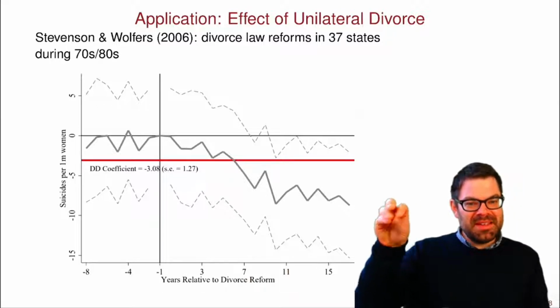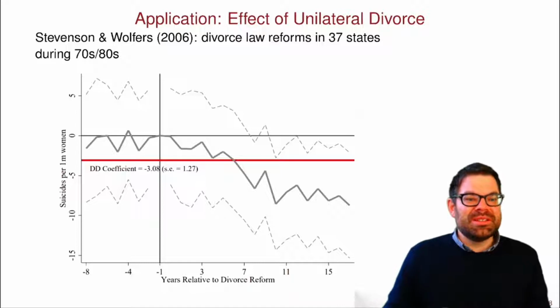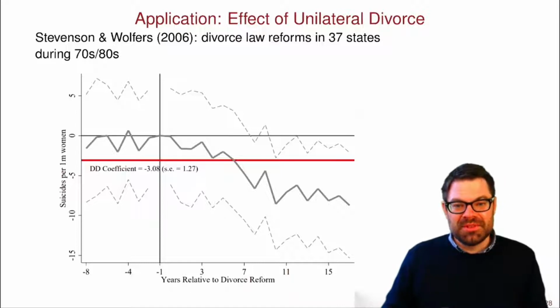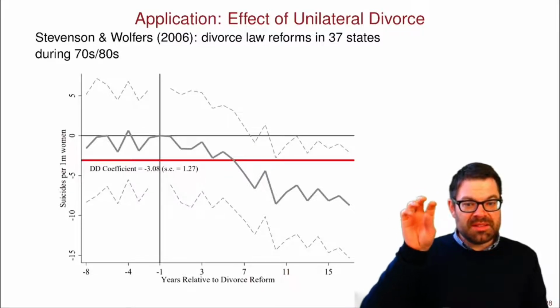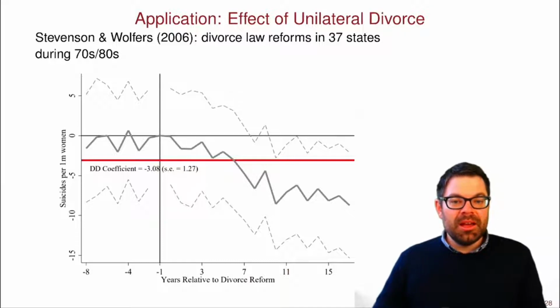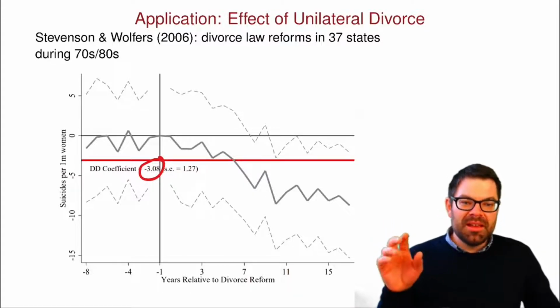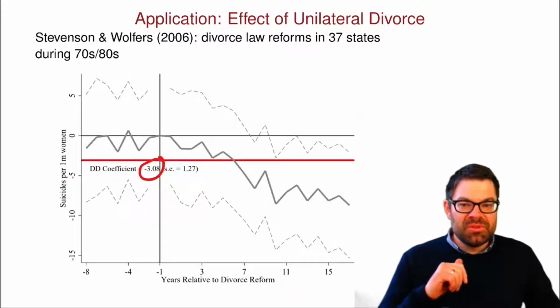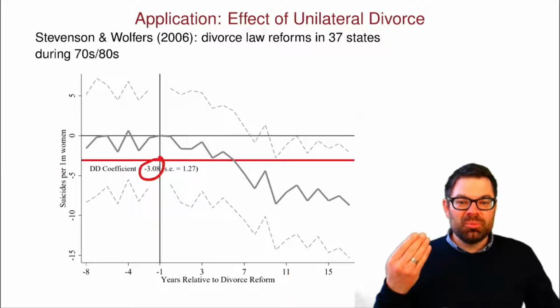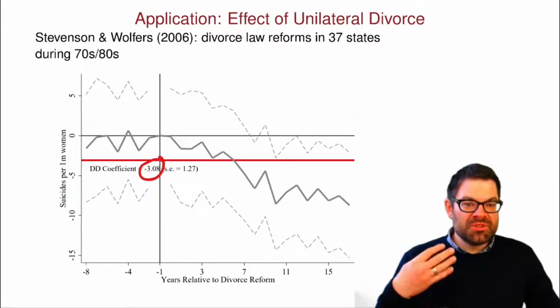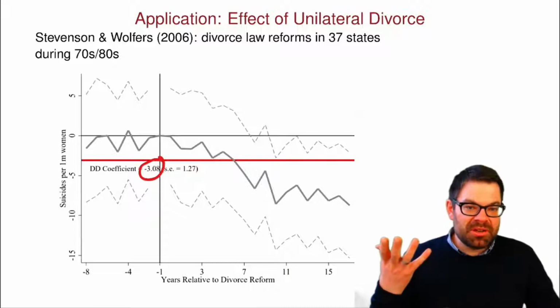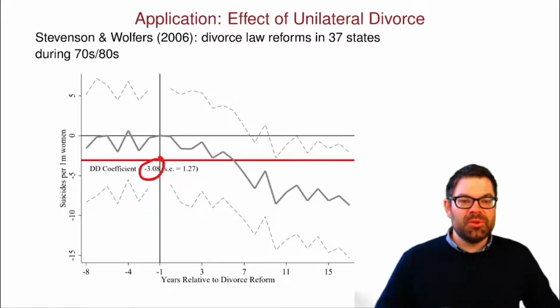But then after a state is treated, there is a disproportionate decrease in suicide rates, and that's also statistically significant. Now, if you just summarize this by one coefficient, we would have minus 3. So I think this means that if a state introduces that, then per year relative to control states, you would have 3 fewer suicides per 1 million women, which is probably not a small effect, given, thankfully, the number of suicides not being that high to begin with. But let's see now,